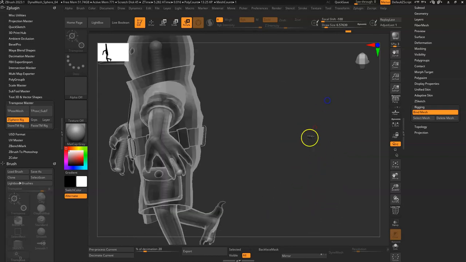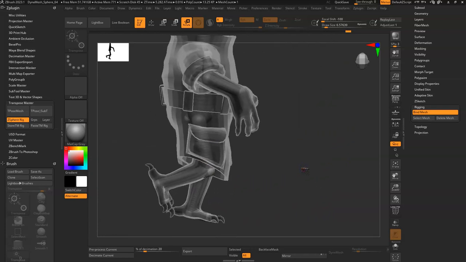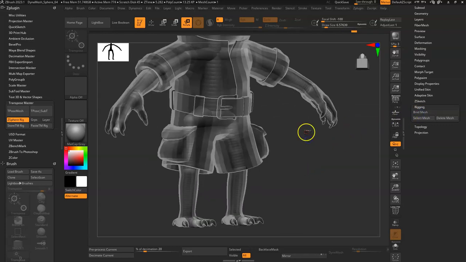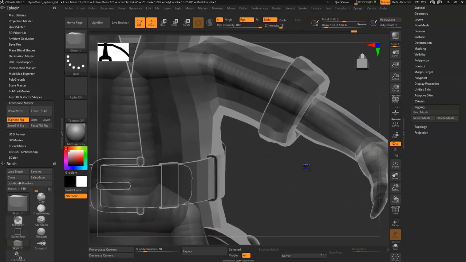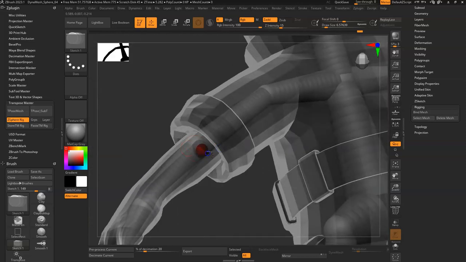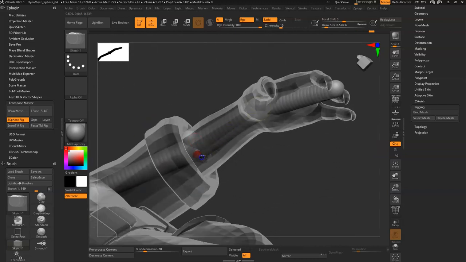Maybe we don't quite like how that's working, or maybe we don't quite like how this is working, but what we can do now is, if we unbind the mesh, it'll bring it back, but we can go back in here and start to add more detail to the rig. So if you want to give yourself more control or be more specific with where you want each joint to control, like for the elbow, for example, I can add in a couple more, we'll call them supporting zSpheres,